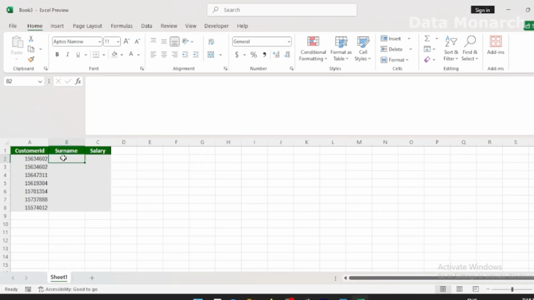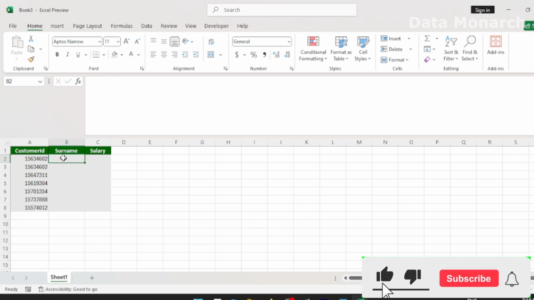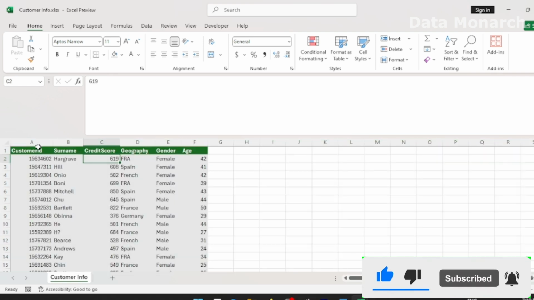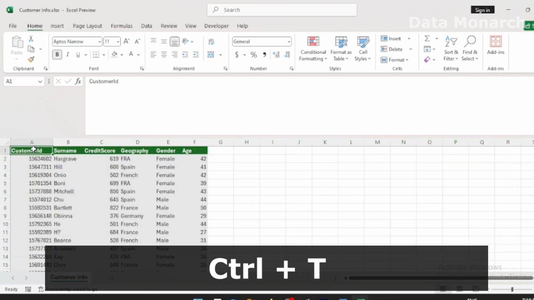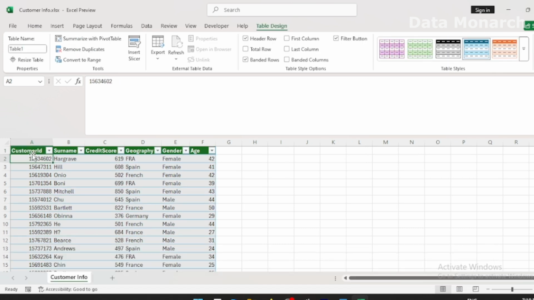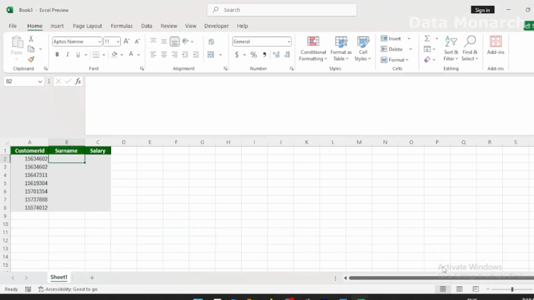Now, let's go bigger. What if your data is in a completely different file? The first value we want to look up here is the surname, and the surname can be found under the customer info Excel file. So we open up the customer info file and you can see, you create a table using your Ctrl T. Remember, our column number is 2. So you come back here under our, maybe a master file or something, a place